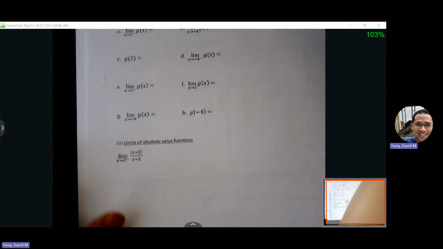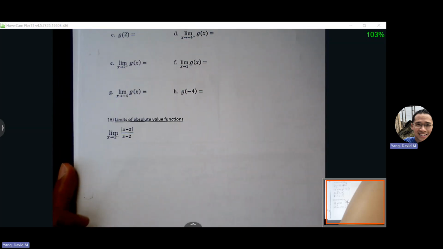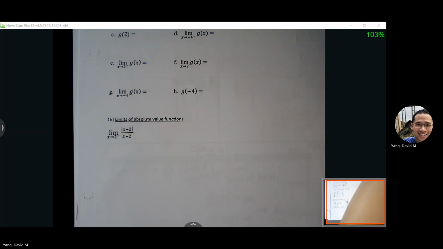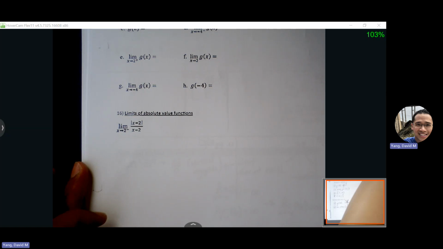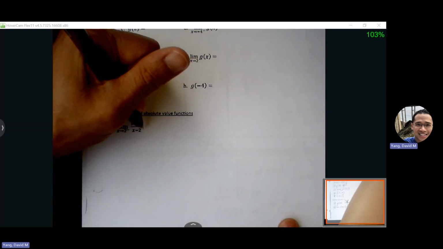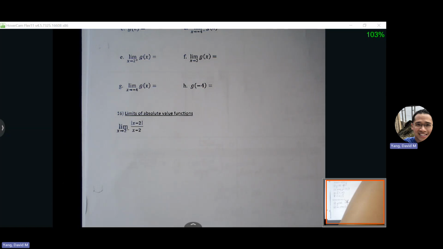Okay, this is a bit of a strange one. This is number 16 on page 12. We're trying to find the limit as x approaches 2 from the left side of 2. One way is you can graph it, but this feels like a kind of hard thing to graph. So here's one way that we can think of it, and this is also good practice for how to handle